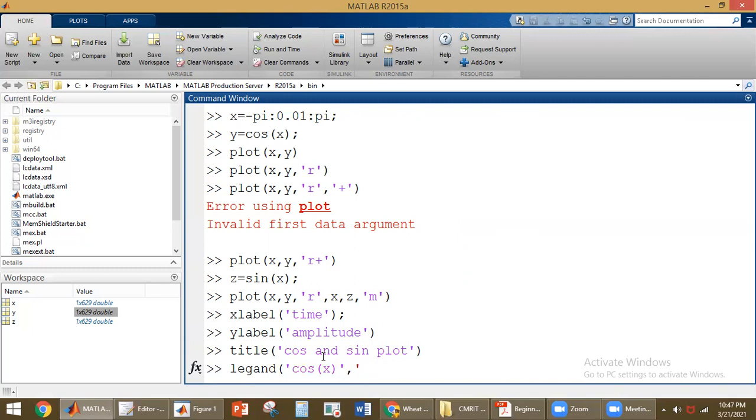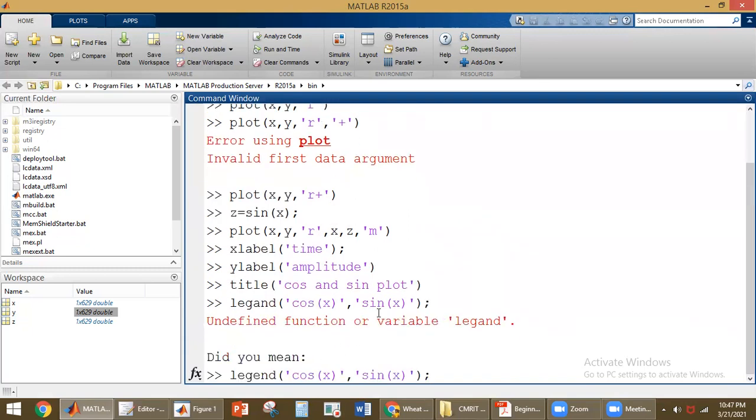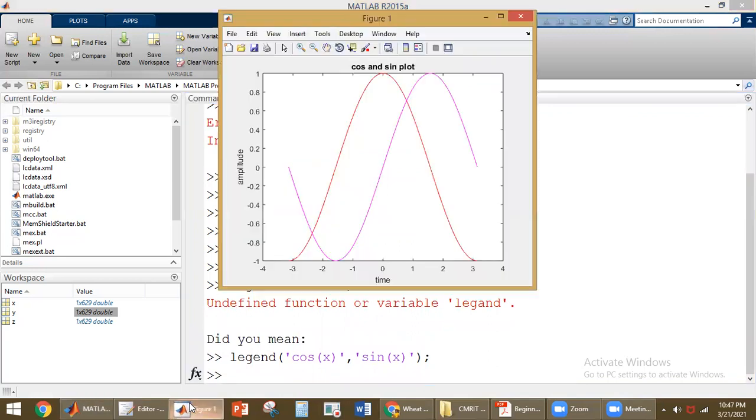Okay, so legend spelling was a mistake, that is why we were getting an error. So legend is what we have to use. Now you see here we have a legend. The red plot is nothing but cos of x, and the magenta color plot is nothing but sine of x. Like this we can plot in MATLAB.